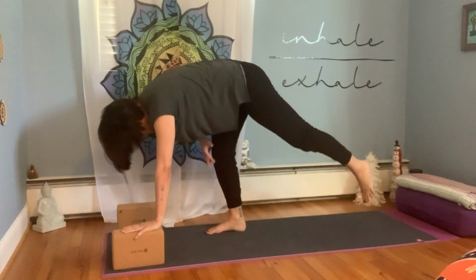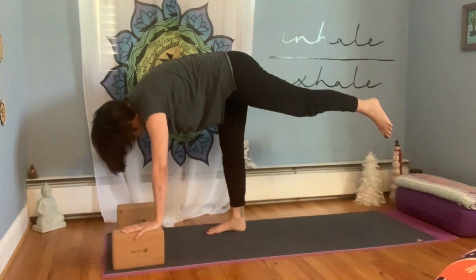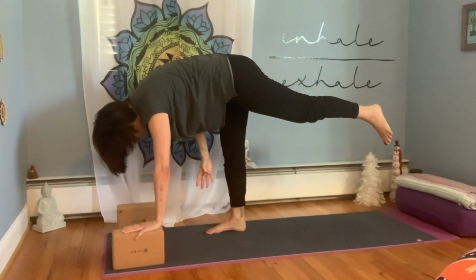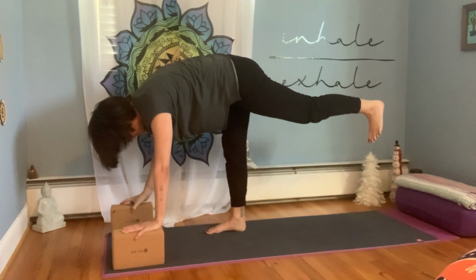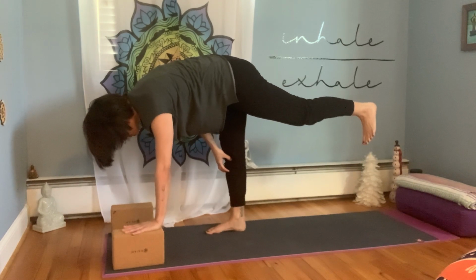You want to weight bear down onto your right foot. Feeling super strong now in your right hip and your right knee. The right leg is straight with a soft bend in the knee. Your left foot is flexed. You can stay right here working on strength and balance, or you can add on, keep your left hand where